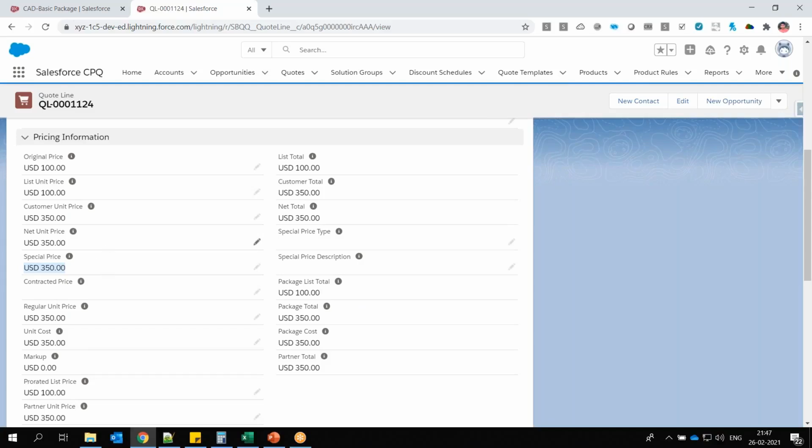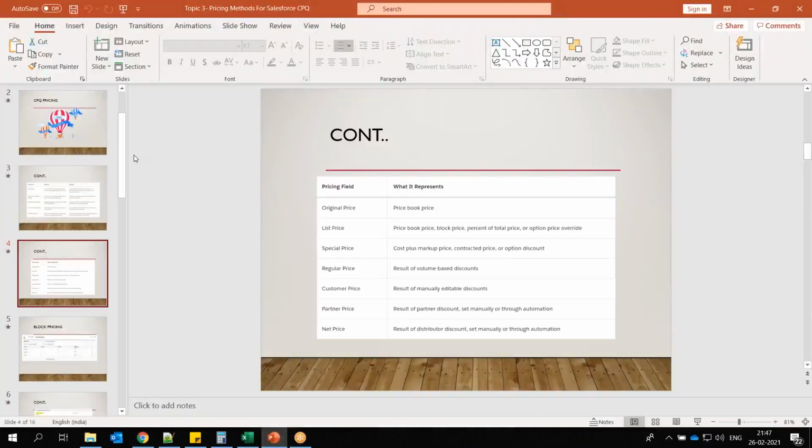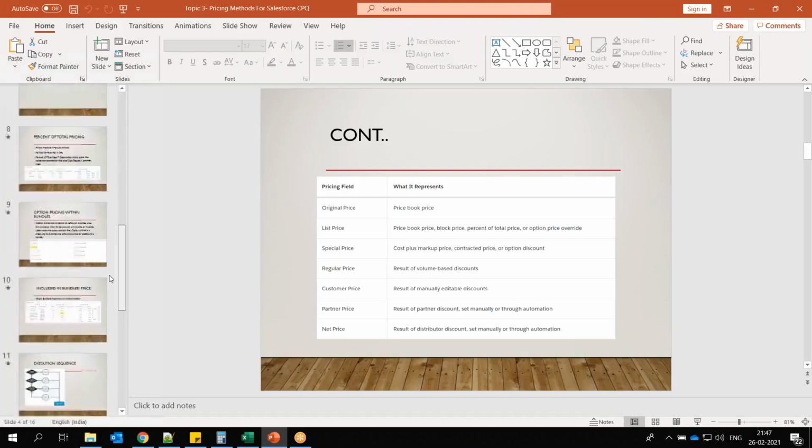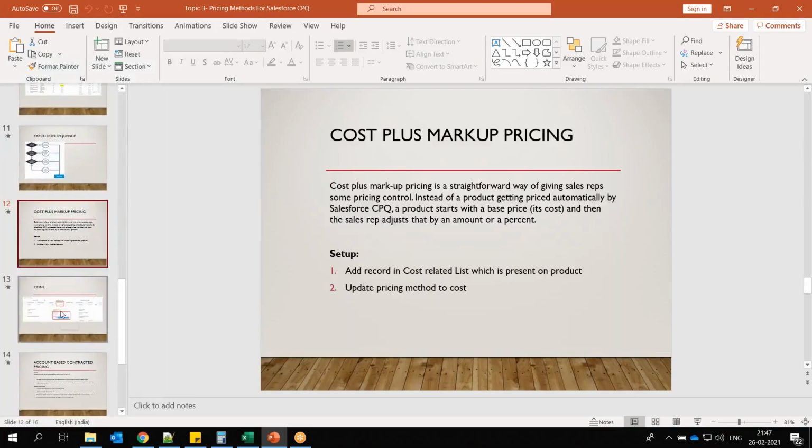We'll come back to that scenario, but just keep in mind where special price is coming from, where list price is coming from, where original price is coming from, where customer price is coming from. So just learn in pieces and then we'll combine how this will work one by one. Okay. The next pricing method, after we discussed cost plus markup,